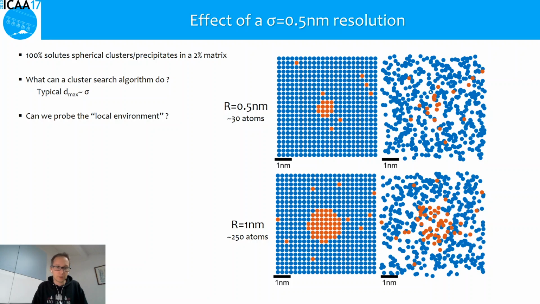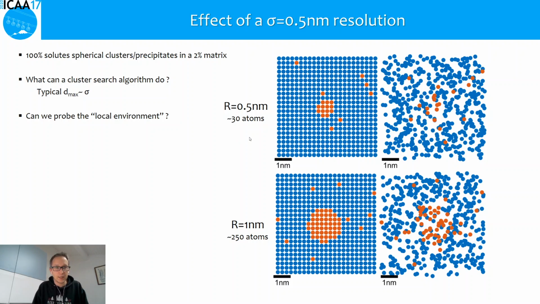So you see that your clusters completely disappeared, and you see that it was 100% solute, and here of course it's not 100% solute anymore. And of course what you can directly see here is that the local environment of the atoms, their direct neighbors, etc., completely disappeared. You can't actually retrieve the local environment. It will be a miracle if you could actually tell whether these two atoms were actually nearest neighbor in the